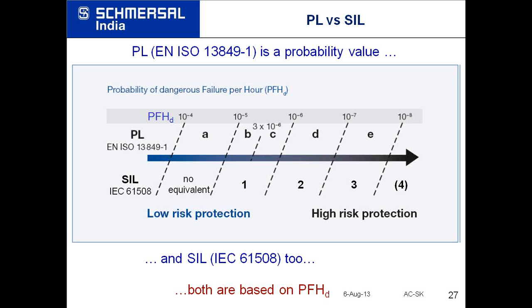In SIL, we also have SIL 4, which is purely for the process industry, which I will not discuss much here. But we should understand only one thing, that there are some levels of safety, and we have to understand what level of safety is there in a system so that we can implement a correct solution or an optimum solution. These are some of the typical safety functions on a machine which have been given in the standard.